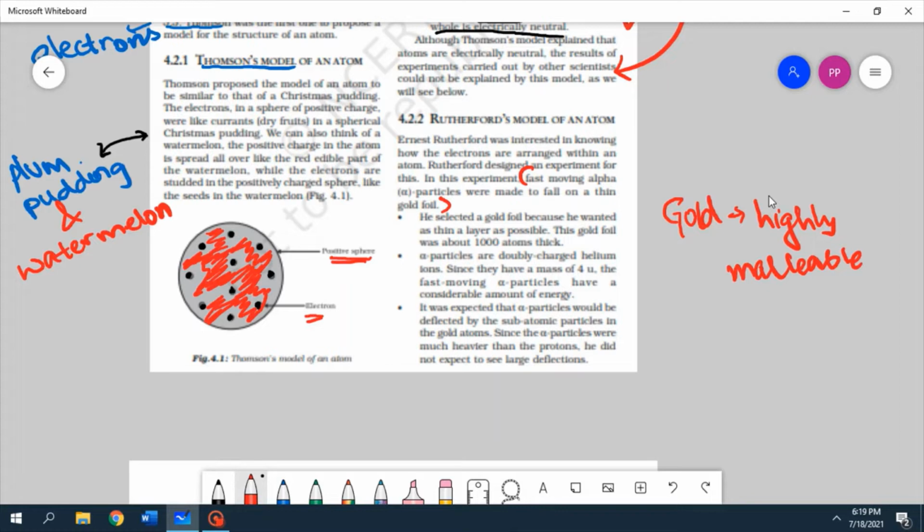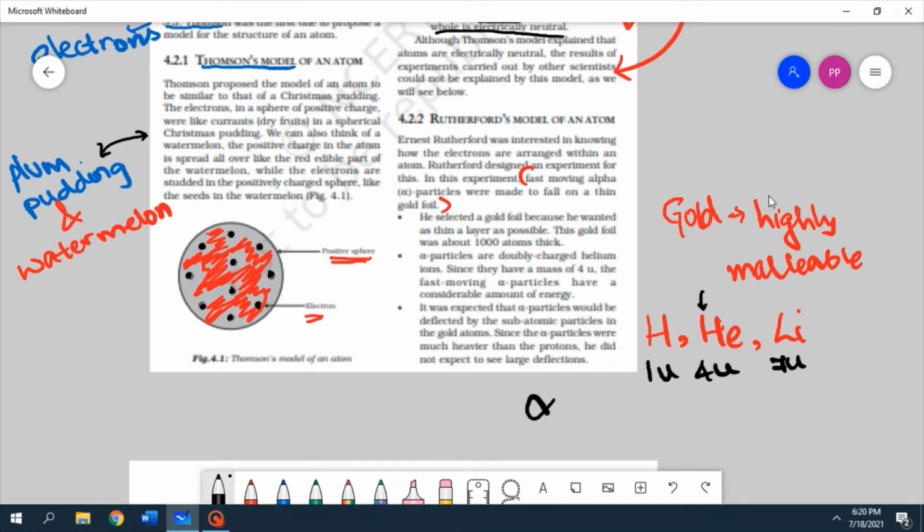Since they have a mass of 4U, the fast-moving alpha particles have a considerable amount of energy. So it's hydrogen, helium, lithium, right? The masses of these are 1U, 4U, and 7U. All right. So the mass of an alpha particle, which is essentially helium,